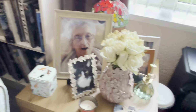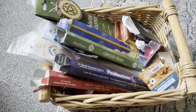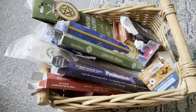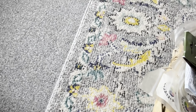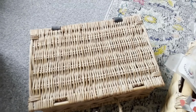And just below this, I've got to show you these. I was looking at these the other day. Here's my, well, some of my incense, not all of it, but I love it, and you can never have too much, so we've got quite a bit to go at. But one of the other things I came across while I was tidying up was this basket, and this basket contains